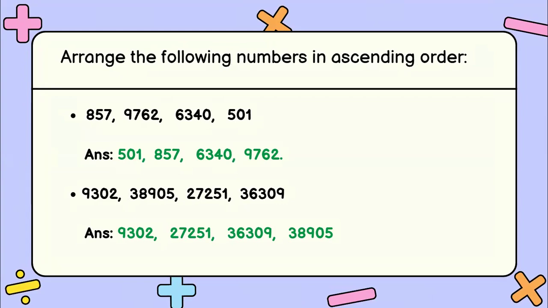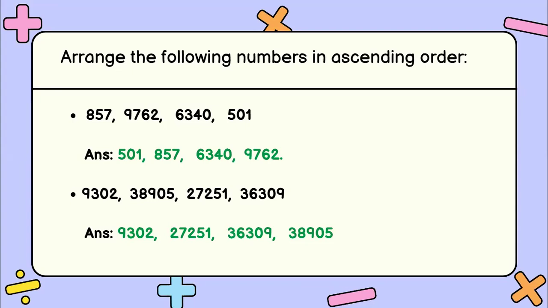So, we'll see them first. Which is bigger? At the start, you can see 8 is there and 5. Now, which is bigger, 8 or 5? 8. So, you'll write 501 at the start of your list. Then you'll write